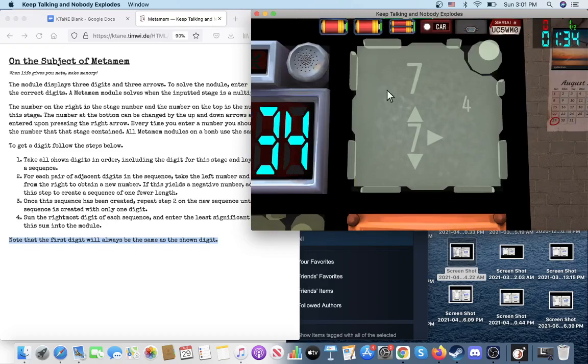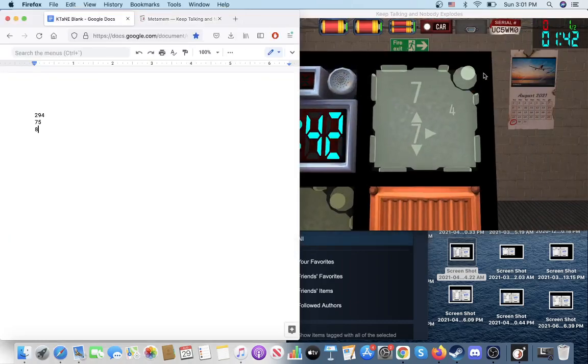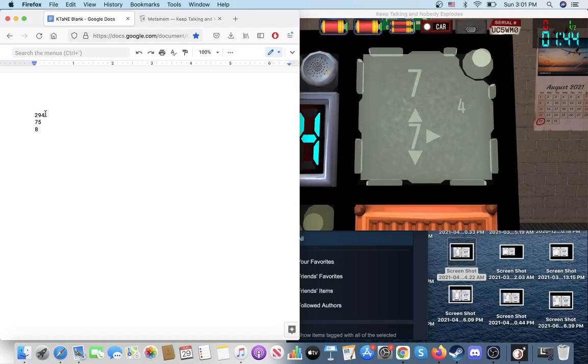Anyways, you see here, now we have a 7, but note that this is now on stage 4. This is continuing the sequence from this metamem. So we don't create a new sequence here, we're just going to keep going. So a 7, put the 7 right here. 7 minus 4 is a 3. 3 minus 5 is a -2, which becomes an 8. 8 minus 8